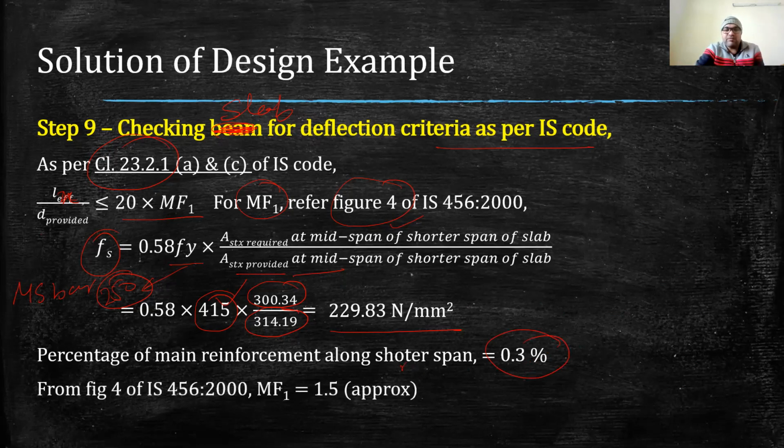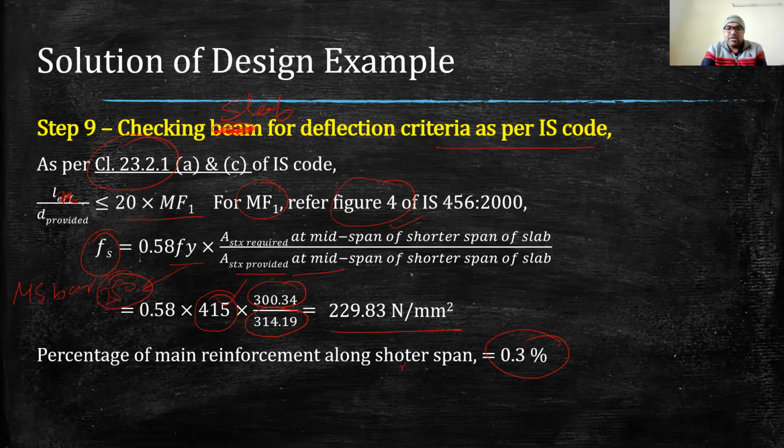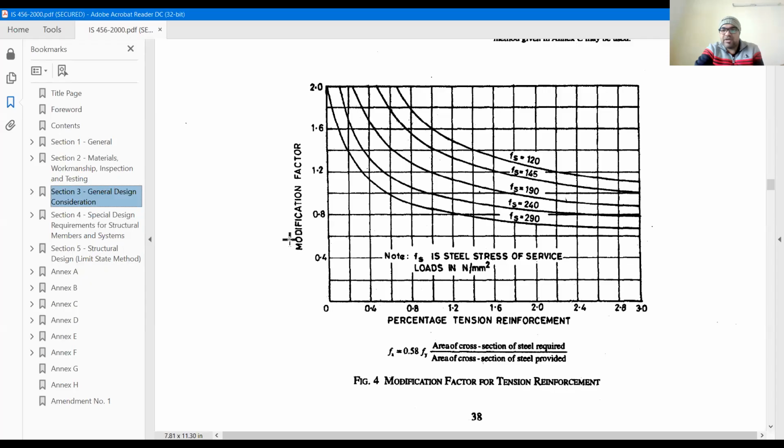Now we have all the values. Now we will look at the diagram. It is 229, approximately 230. Now I'm again going to the IS code, and then I will show you the value. Yes, so percentage of steel is